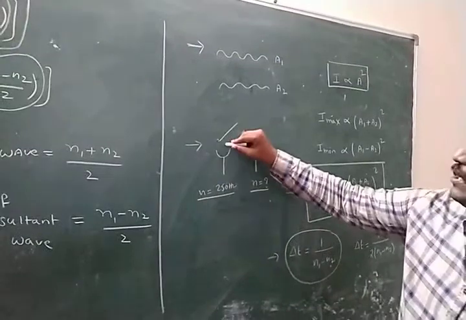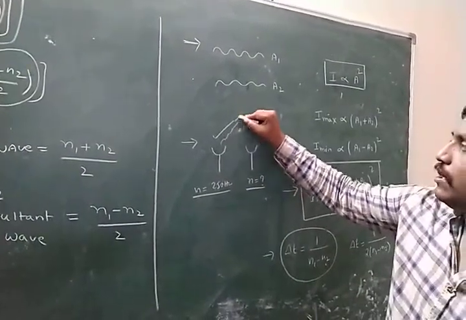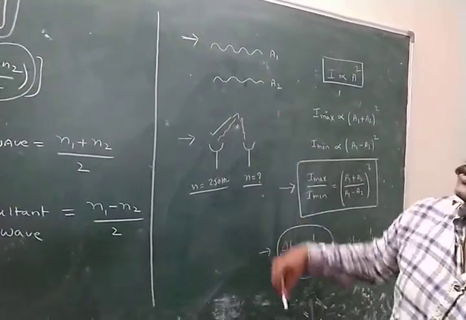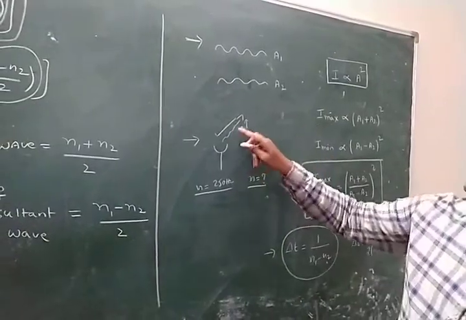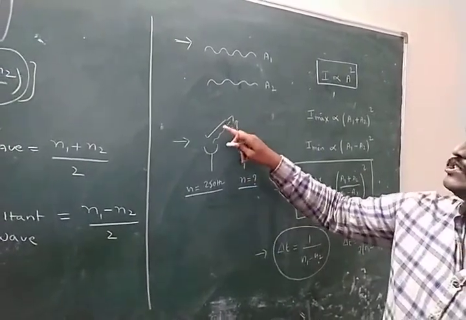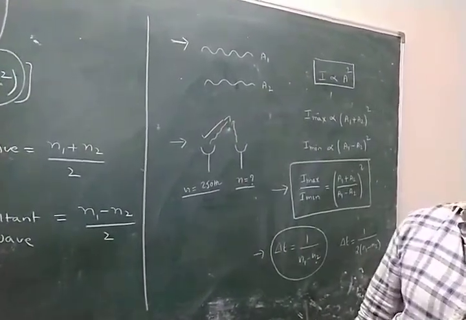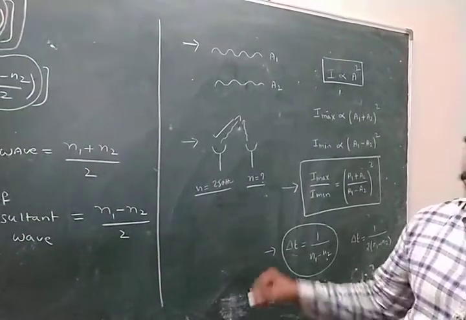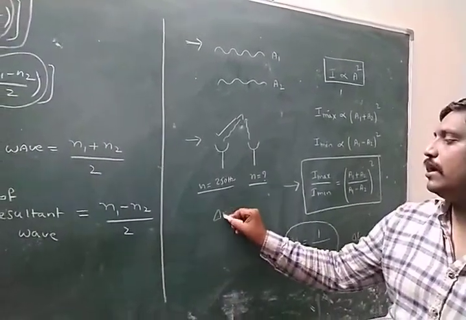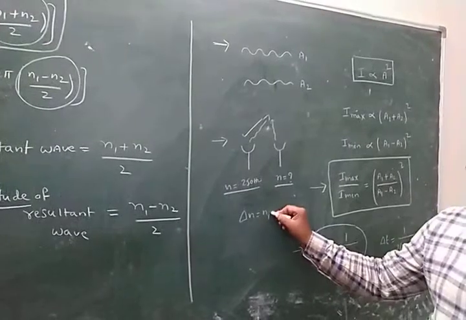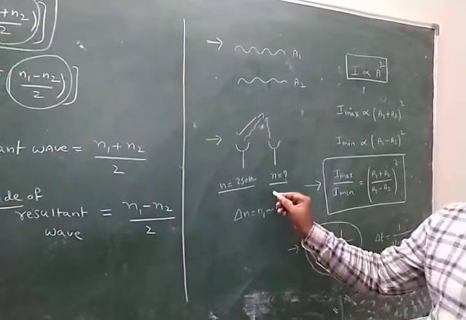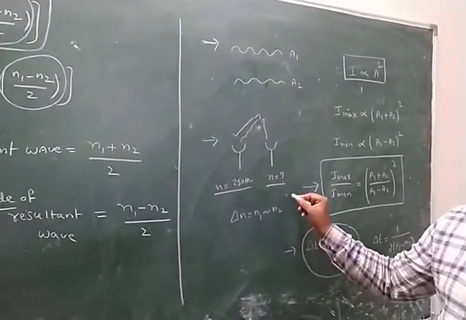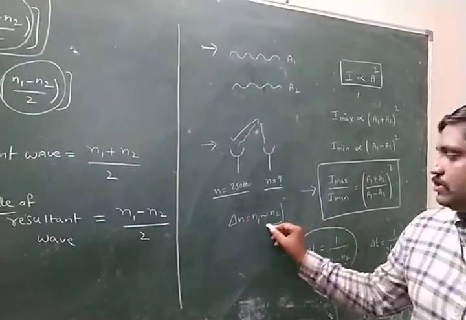Both are vibrated by using a rubber hammer, and because of the vibrations they release sound waves. These sound waves are superimposed to produce the beats. What is the beats formula? Delta n equals n1 minus n2, simply called larger minus smaller. According to this formula,